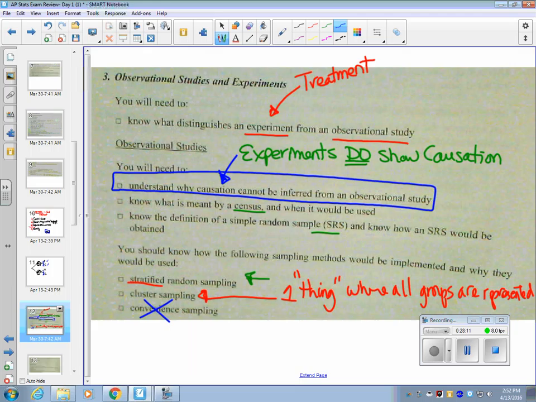Not necessarily, because it depends on your location. It depends on the time. It's not random because everybody doesn't have a likely chance of being selected. If I went to a school and I stood in the school and I went to the gym lobby, if I went to a school and I went to the gym lobby,